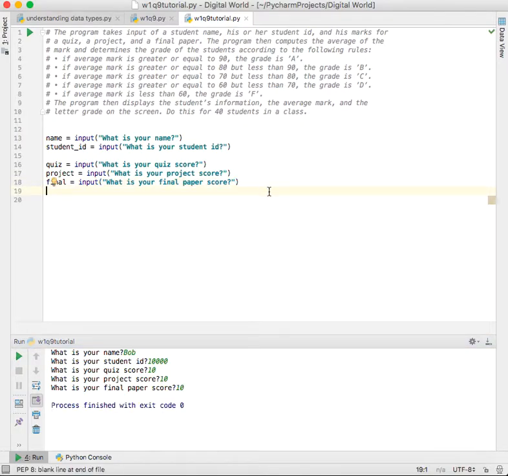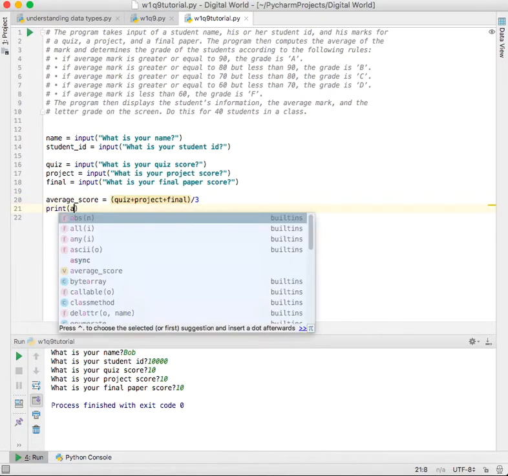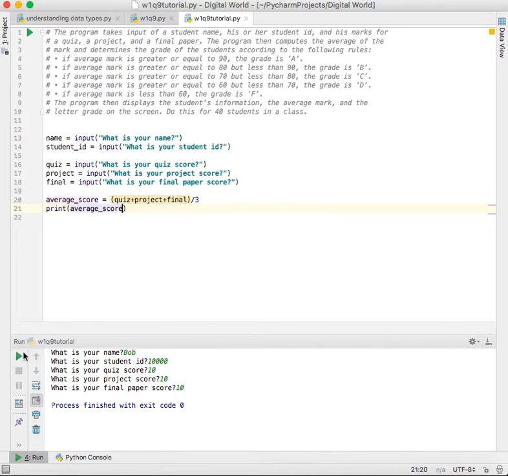So the next thing we want to do, of course, is to process certain information, and the only information this program requires us to process is the score. So we want to find out the average score. That would be quiz plus project plus final, and divide by 3. It's simple math, because there are 3 variables and we want to find out what the average is. And then just to test it, let's do a print to see if we can get